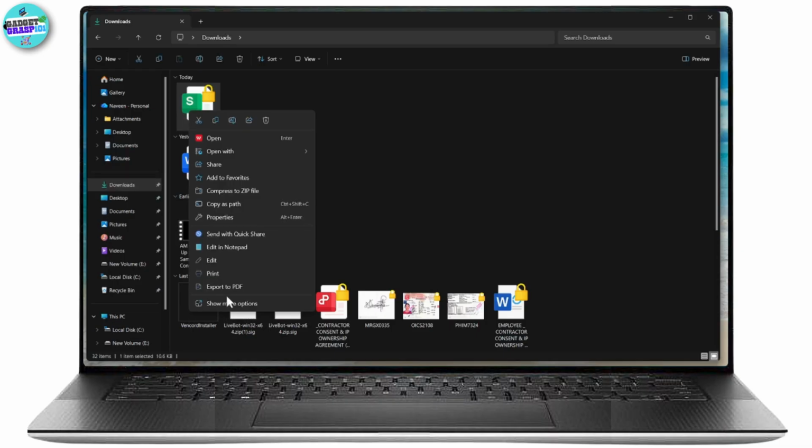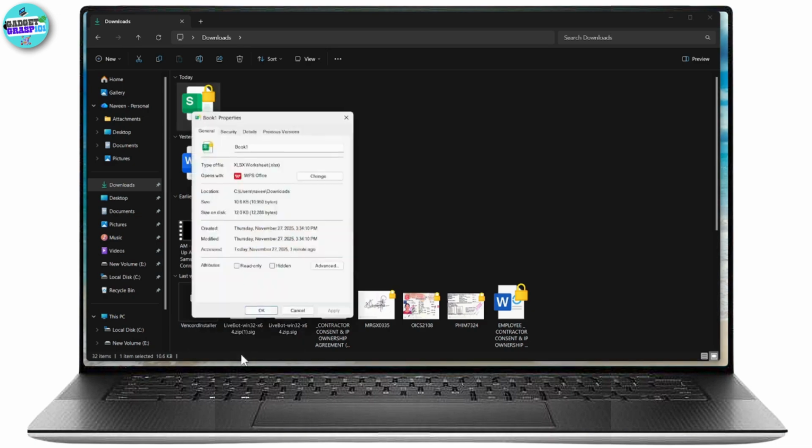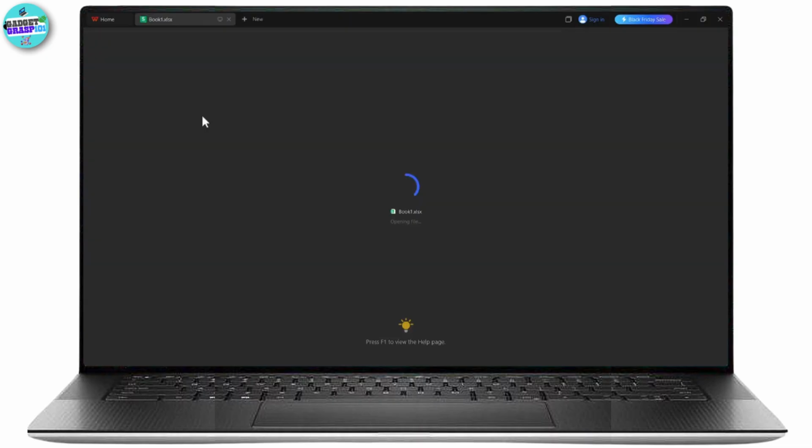And then you will have an option of properties. You need to click on properties, or you can also go with show more options. And then at the bottom, you will have the properties. Click on it. Once you're on your properties, if you have a check mark under read only, and if you click on apply and then OK, now if you try to open this file, then you won't be able to